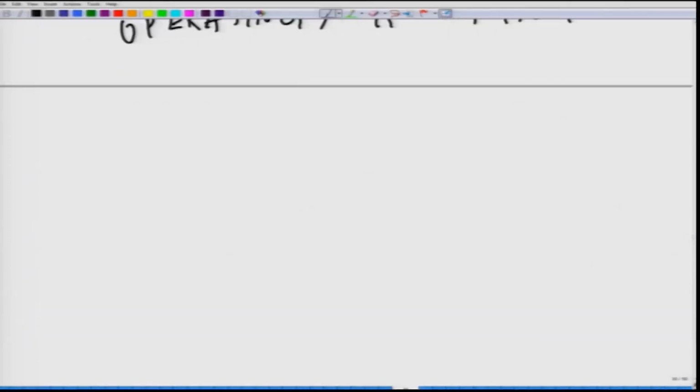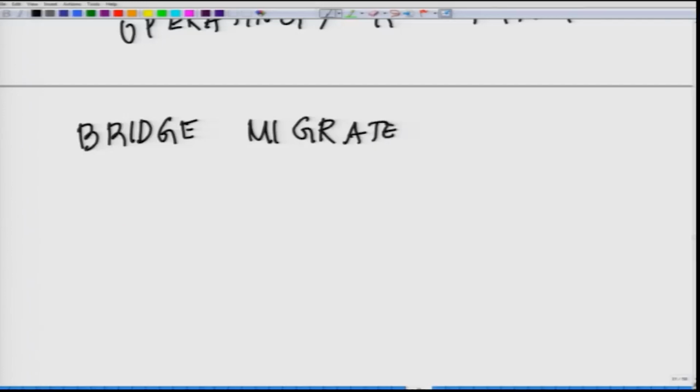Potassium from the bridge migrates to the cathode chamber,